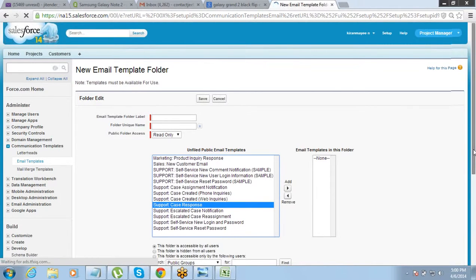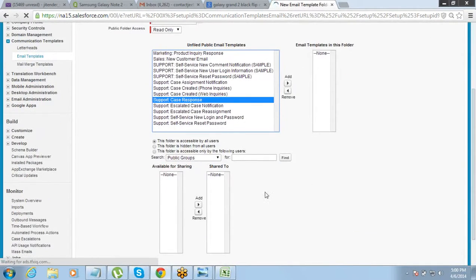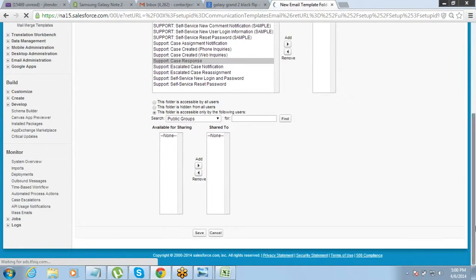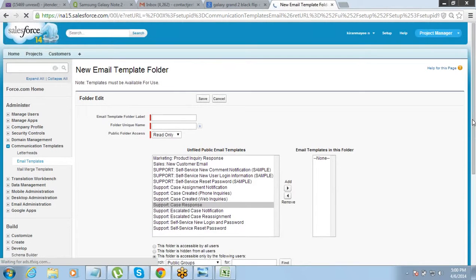So if you go to any folder, you will see that there is option that this folder is accessible by all users, or this folder is hidden by all users, or this folder is accessible only by the following users. So we have that option, right? So any security thing that you want to put on your email template, that will be done on the folder level.